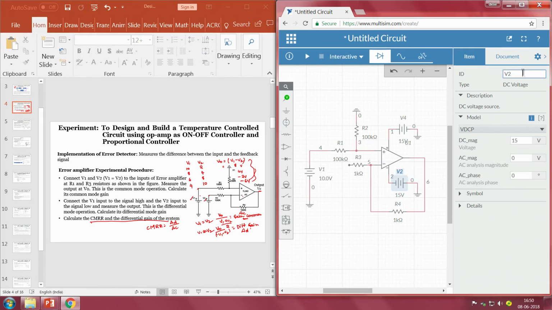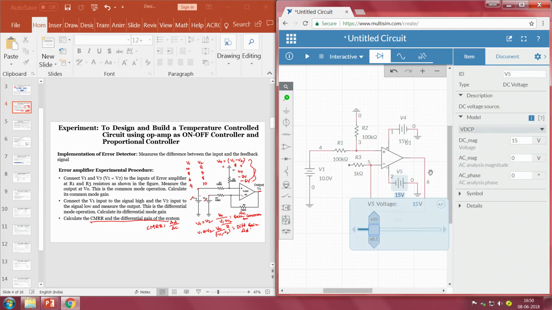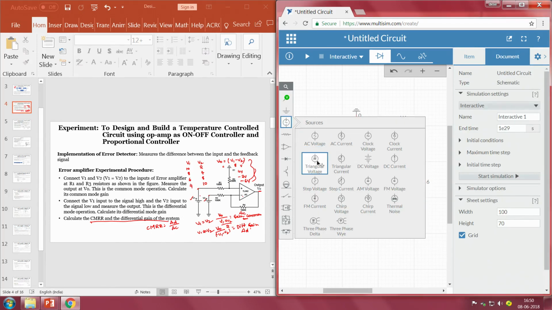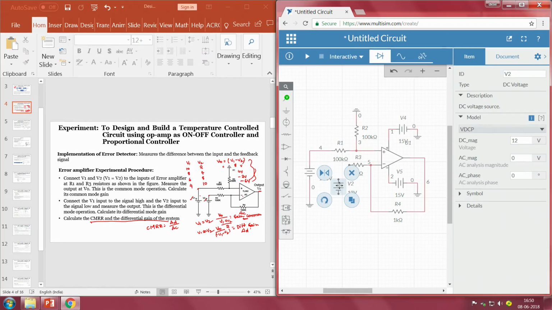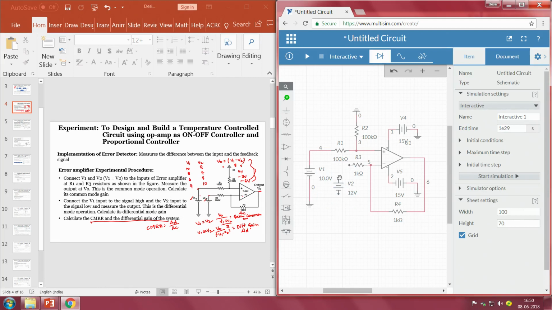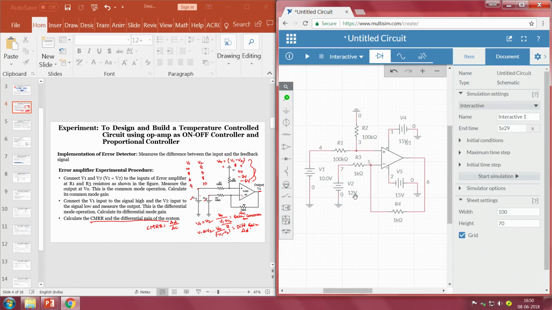This I will name V phi. Whatever I take will be V2. I will take one more voltage source, this is the V2 voltage source, and this part should be connected to ground.